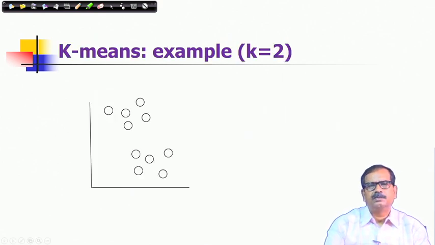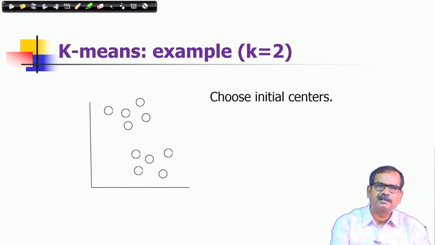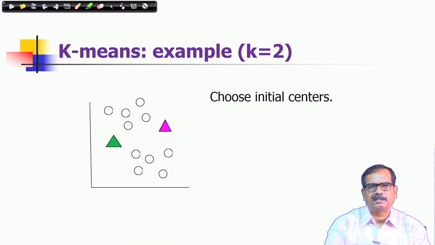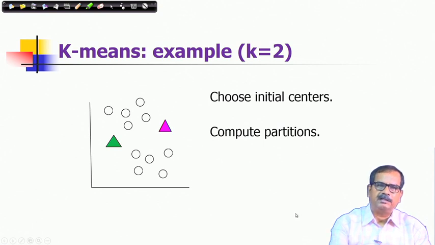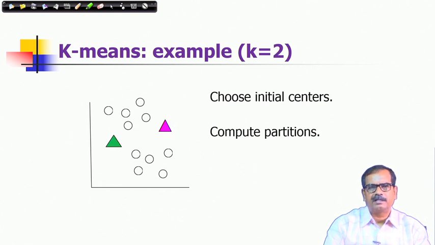So, let me show you figuratively how this approach works, the essence of this computation. We consider once again the distribution of the points in a two-dimensional space, and points are shown by circles, their locations given by the centers of the circles. We choose initial cluster centers. For example, say these are the two initial hypothesized cluster centers. Then you have to compute the partitions, which means we consider the points which are closer to a particular cluster center.